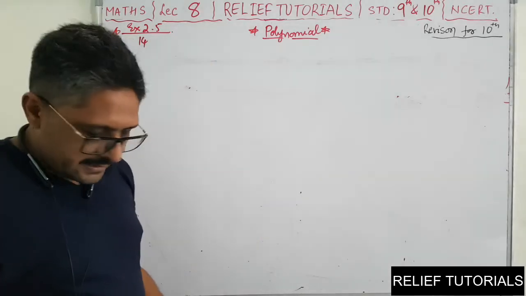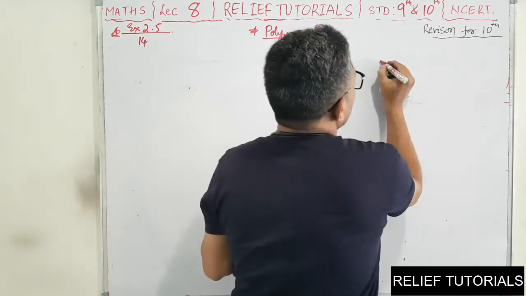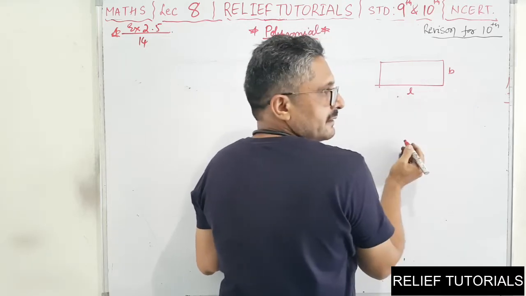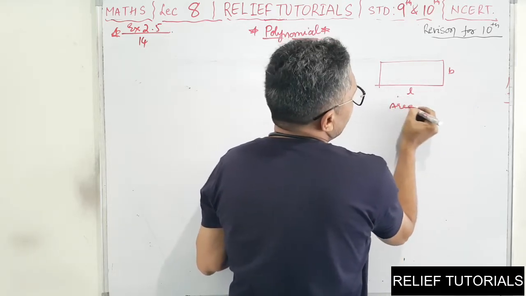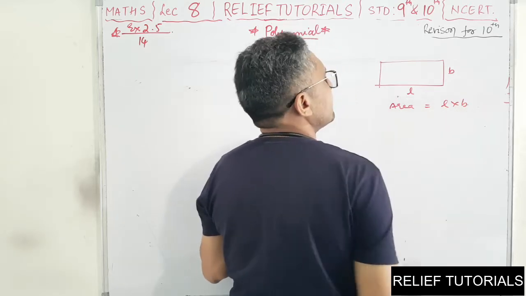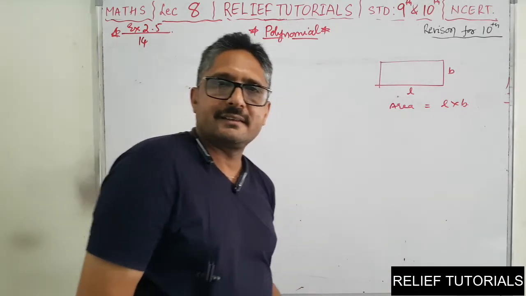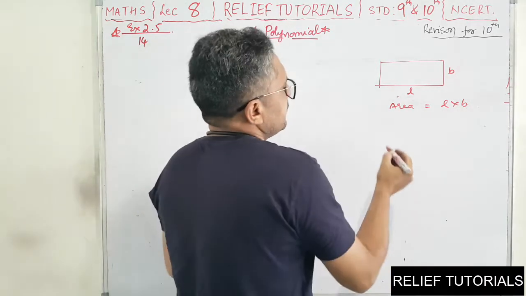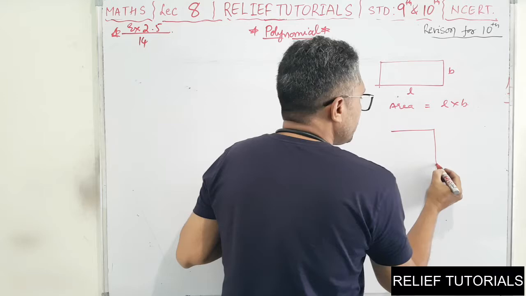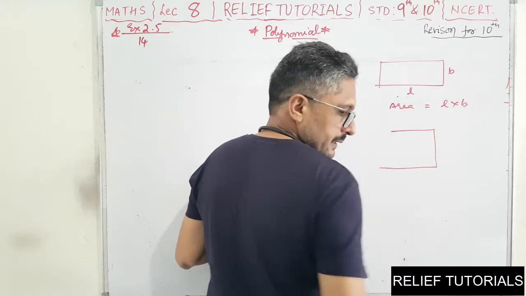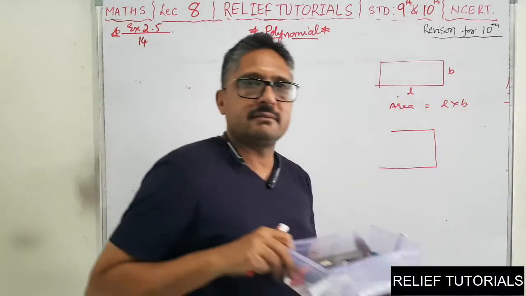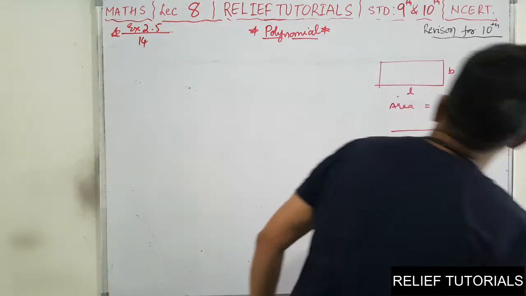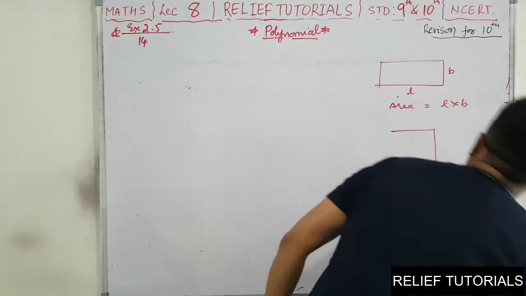Now we will discuss a few basic things. If you know that rectangle, this is length and this is breadth. So in case of a rectangle, area is equal to length into breadth. You know this. Cuboid, we have learned. See, this box is a cuboid. This box is a cuboid. And if you want to find the volume of a cuboid, I am not drawing the diagram of the cuboid.